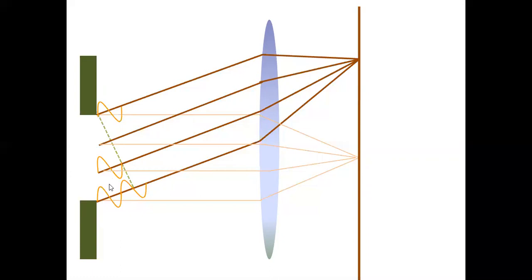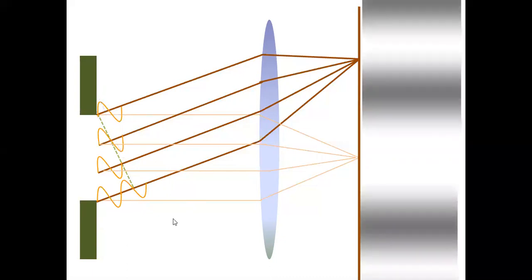So if the path difference is 1.5 lambda, 2.5 lambda, 3.5 lambda, and so on, then the whole slit can be imagined to be divided into 3 parts. The secondary waves starting from the neighboring 2 parts cancel each other. 1 part remains, and that 1 part produces a bright spot here. But that brightness is not as bright and not as wide as the central maximum. Central maximum is brightest and widest. This will not be as bright as this one.